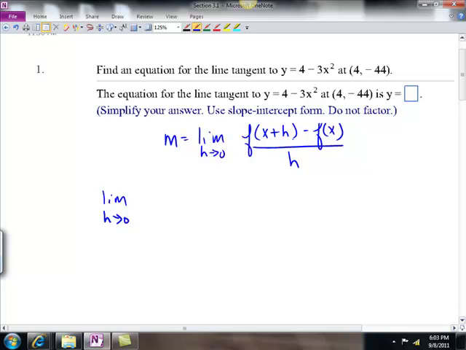What is that telling us to do? We're using this equation right here. So wouldn't we have 4 minus 3, and instead of x squared, what do we have? 4 plus h. Okay, and then we subtract f of x. Well, what's f of x? f of 4 is negative 44